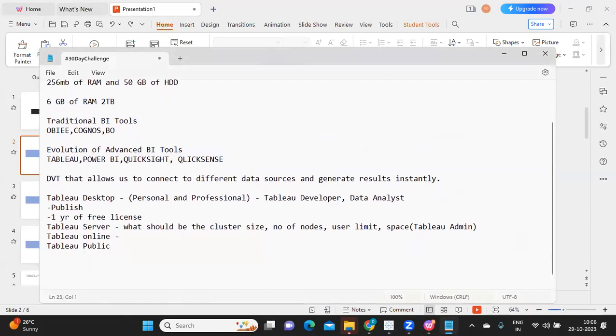Next is Tableau Reader. Like how we have Microsoft Word to read .doc files, and Acrobat Reader to read .pdf files, similarly, to read the files that are created in Tableau, we have an application called Tableau Reader. So this can solve many problems in real time, because like I said, Tableau Desktop is a licensed